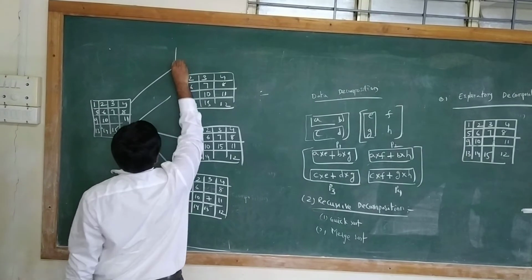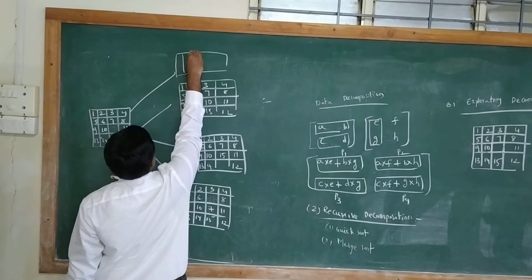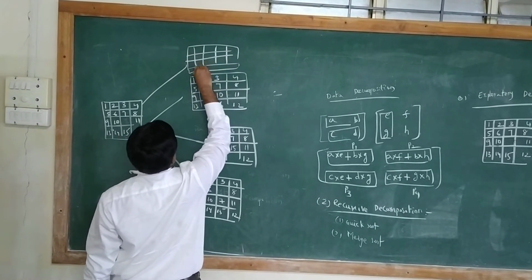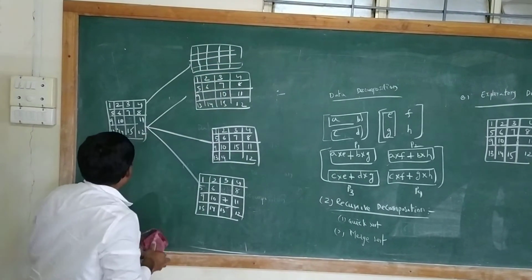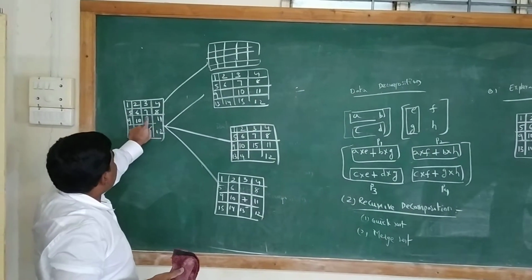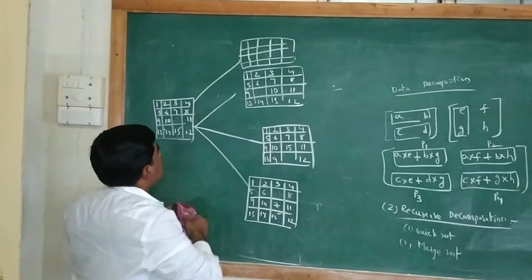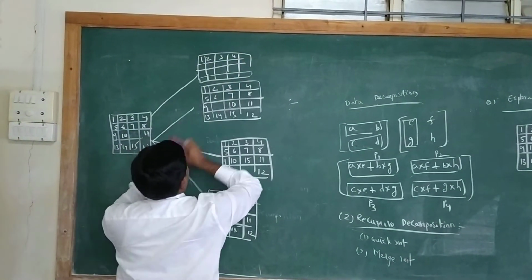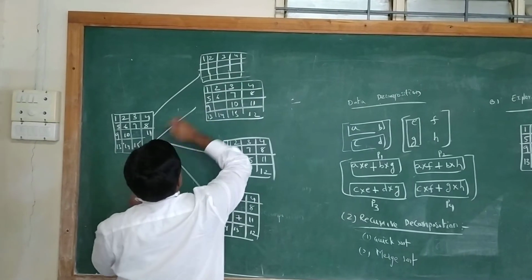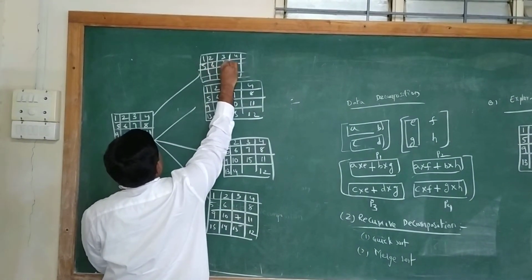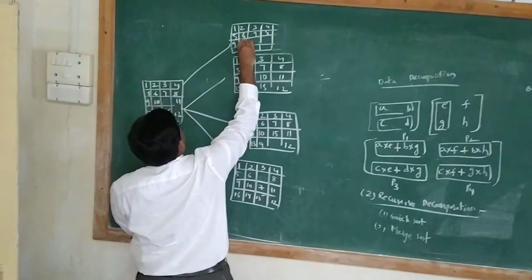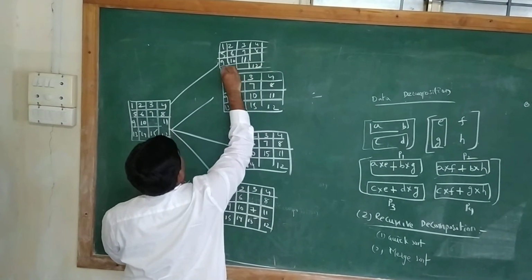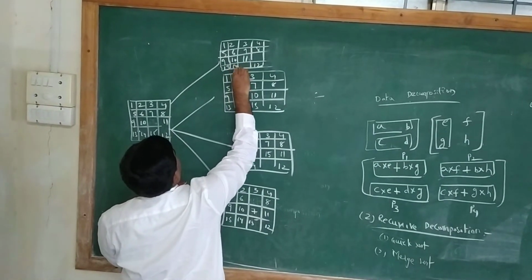Next again, the right side we have to move. Okay, if we are moving the right side, what will happen? 11 will come here, and the empty block will come here. So 1, 2, 3, 4. Next 5, 6, 7, 8, 9, 10. Here 11 will come. 11, 12, 13, 14, 15.